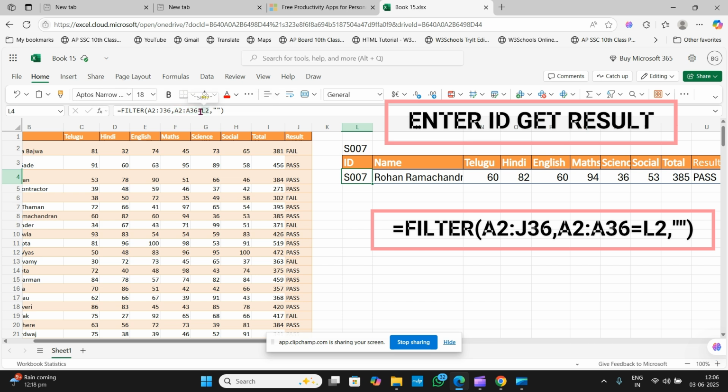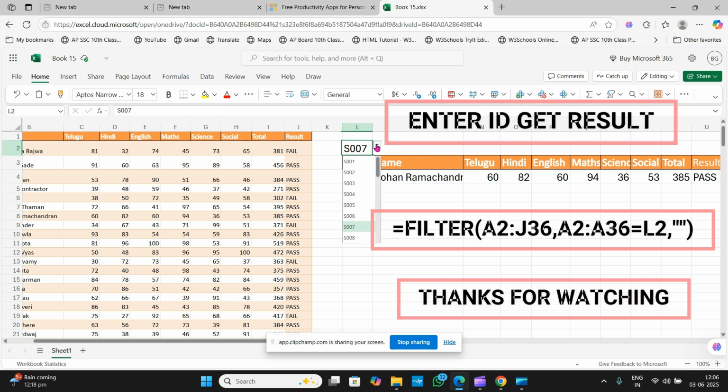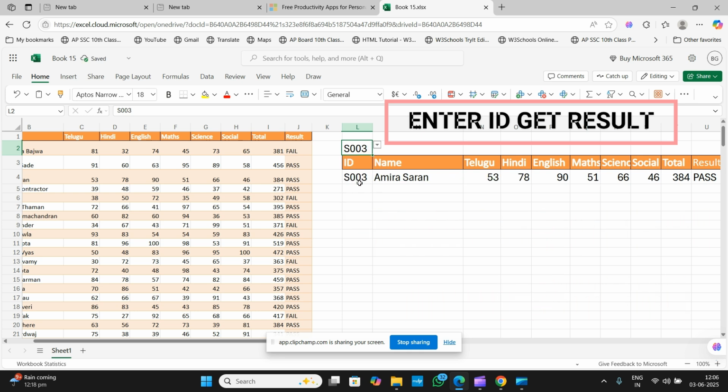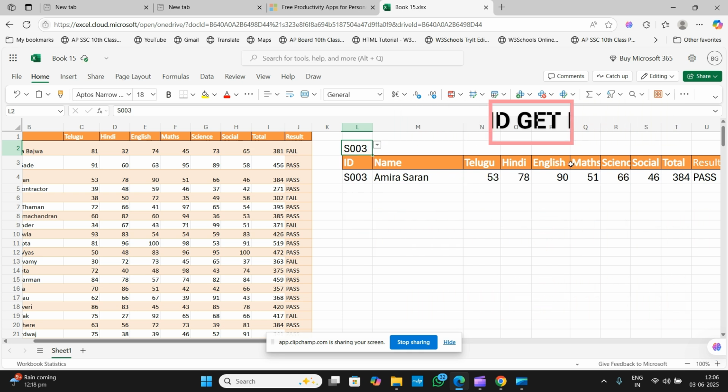That is equal to L2. L2 is this one, where we are entering the criteria. That is L2. And after that, comma, two quotation marks. These two quotation marks are, if the record is not found, this total will be blank. This mark sheet will not be displayed. This is the formula. With the help of this formula, we can find out the result of